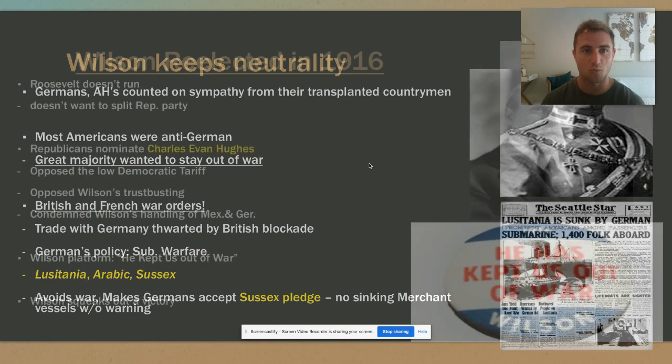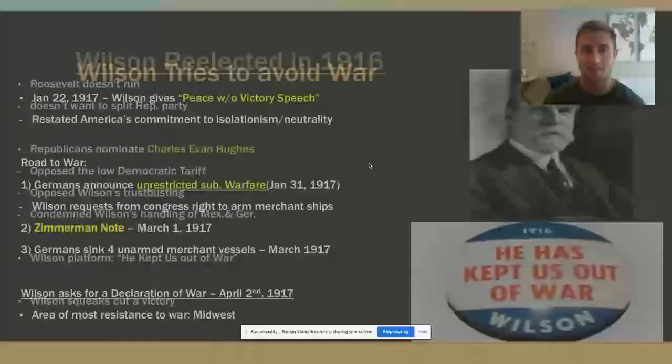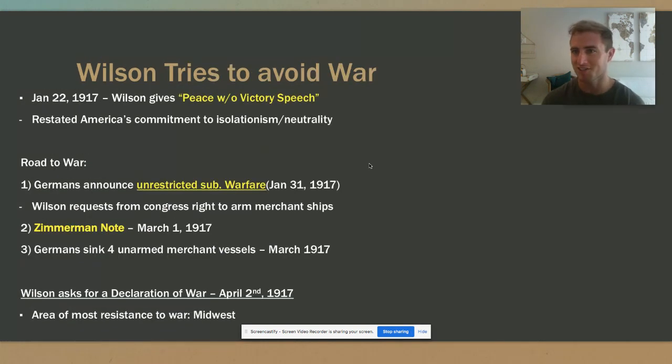And so when that election of 1916 comes around, Wilson is going to run largely on the platform that he kept the U.S. out of the war. This is going to be popular enough to squeak out a victory against the Republican candidate Charles Evan Hughes. And then, of course, Wilson's going to proceed to jump right into the war in 1917, because there are lots of reasons